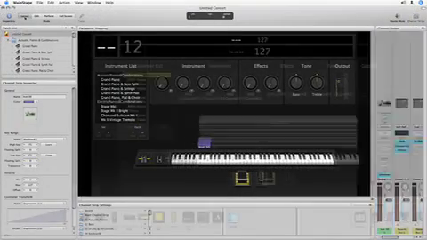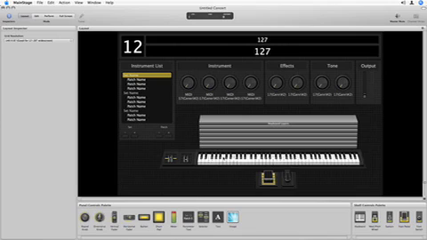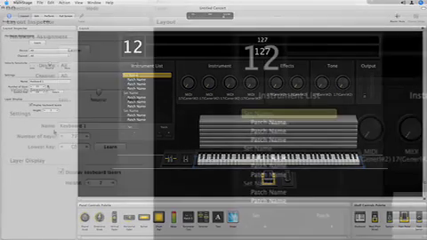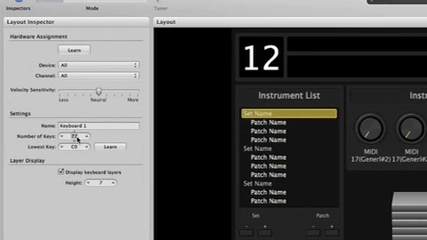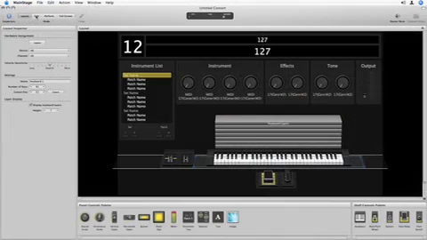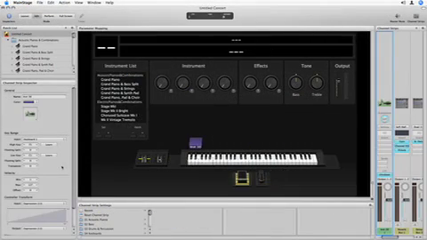So I need to go ahead into layout mode and edit my keyboard. I have in my settings function keyboard 1 layout, which shows me the number of keys on my keyboard and the lowest key with a learn button. I'm going to click the learn button and strike the lowest key on my MIDI keyboard. I'm going to unclick learn, and then I know I have a 61 key keyboard, so I'm going to go ahead and dial that in as well. I can now go back to edit mode and see that my low key and high key splits are set